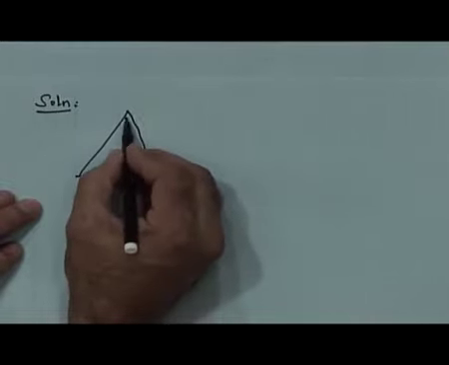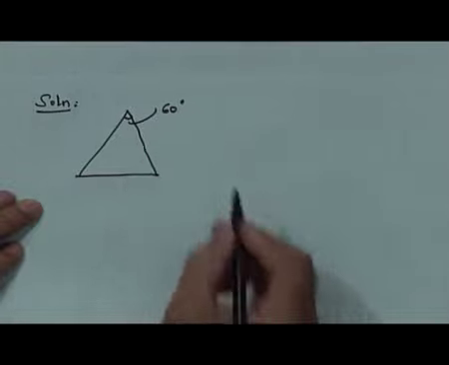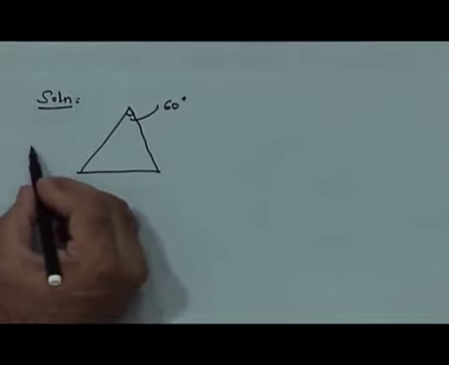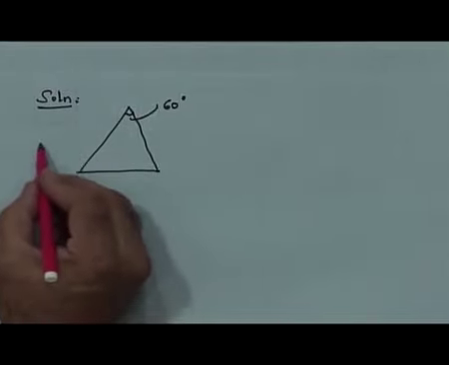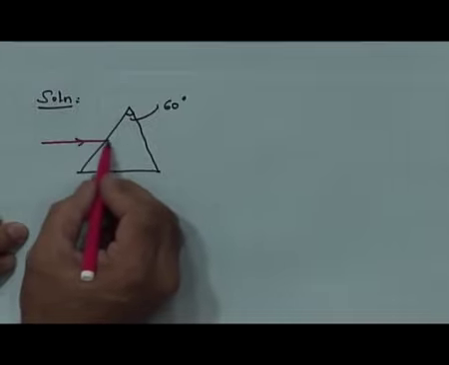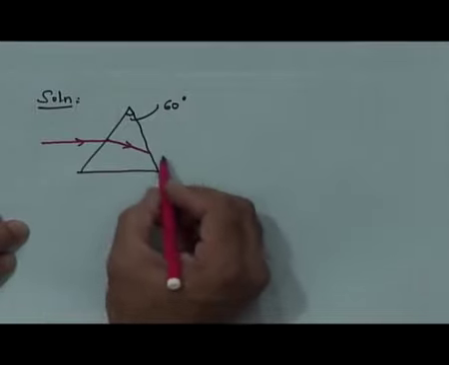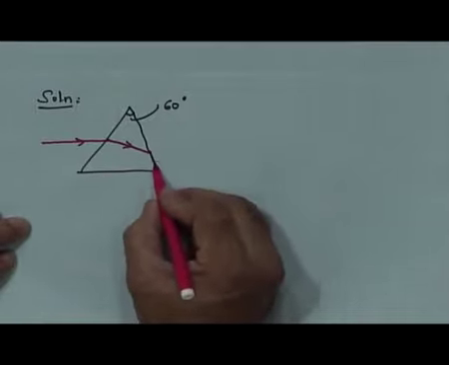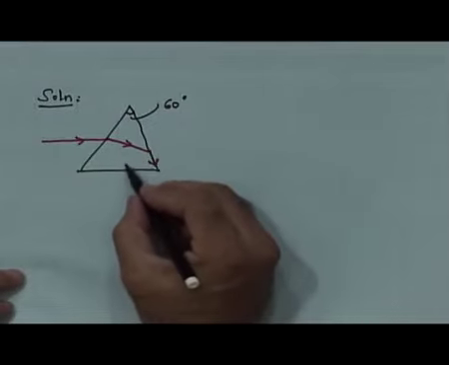So, what is given is this angle is 60 degree. So, we have a ray which is incident. Let me use a different color, like this. This is undergoing refraction and then this is grazing through this surface. So, if I show the normals here,